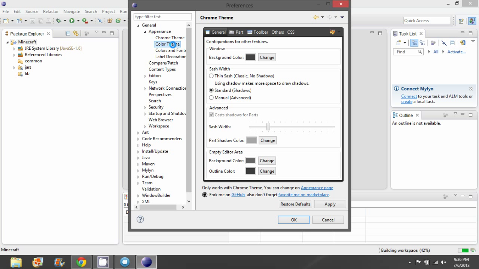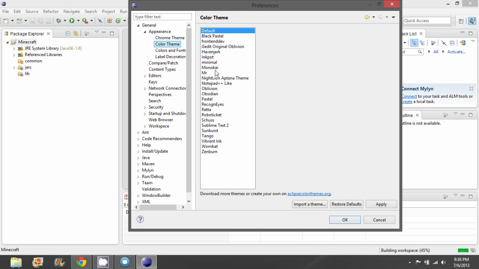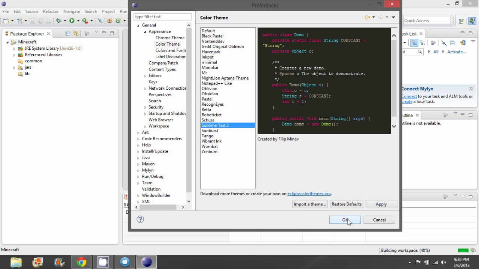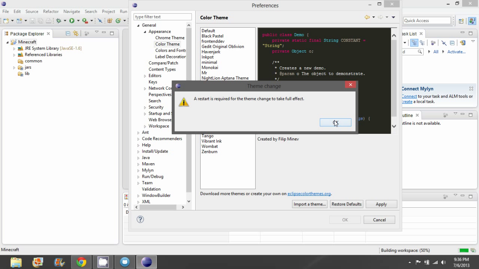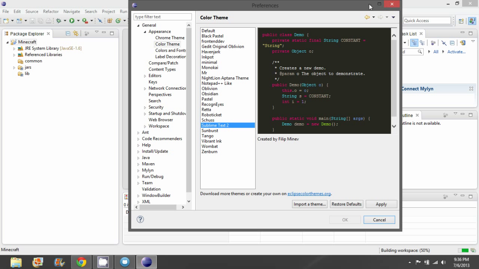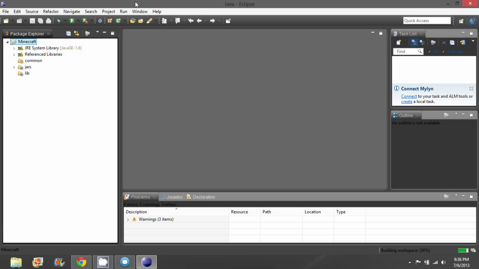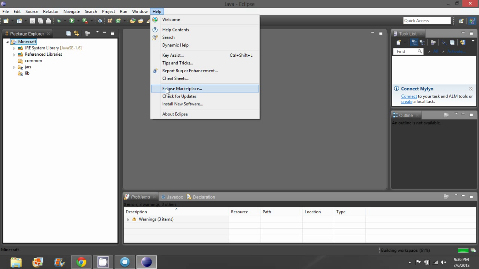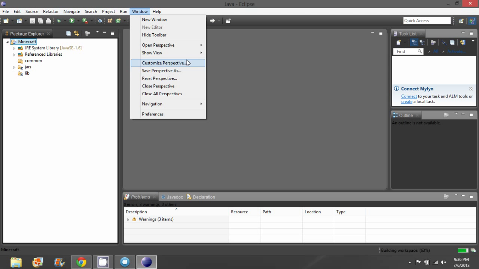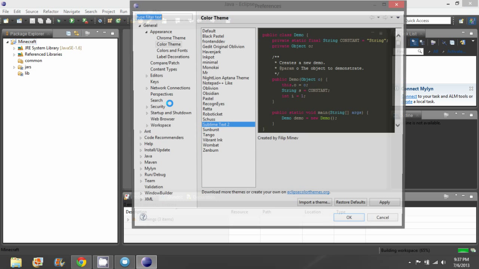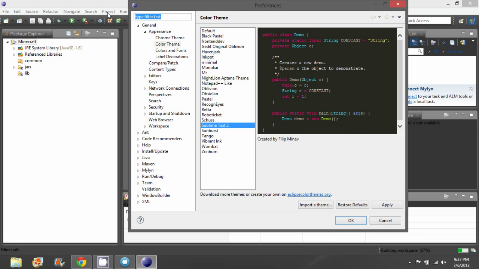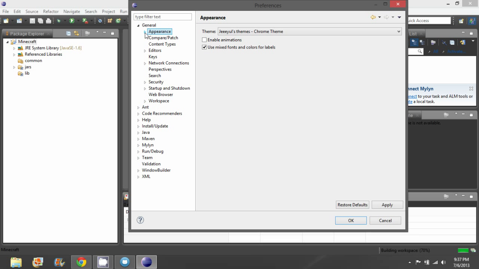And then in color theme, which you can also get from the Eclipse Marketplace, Sublime Text 2, and OK, and close preferences. If you wonder where that's at, if you click help, there's the Eclipse Marketplace.